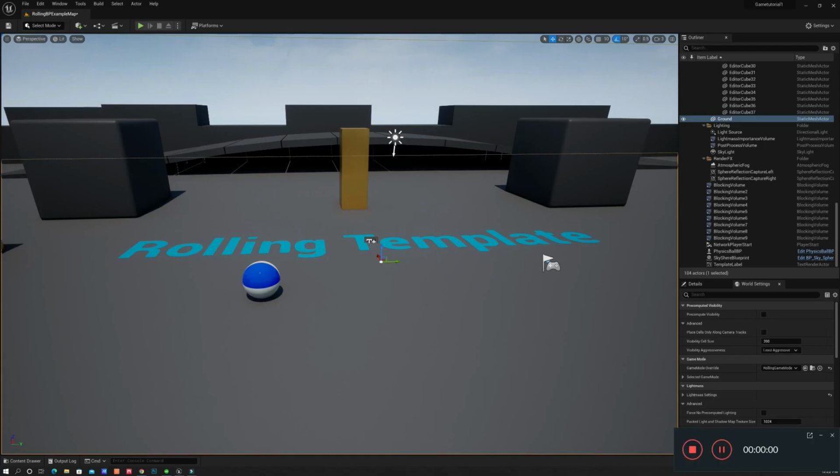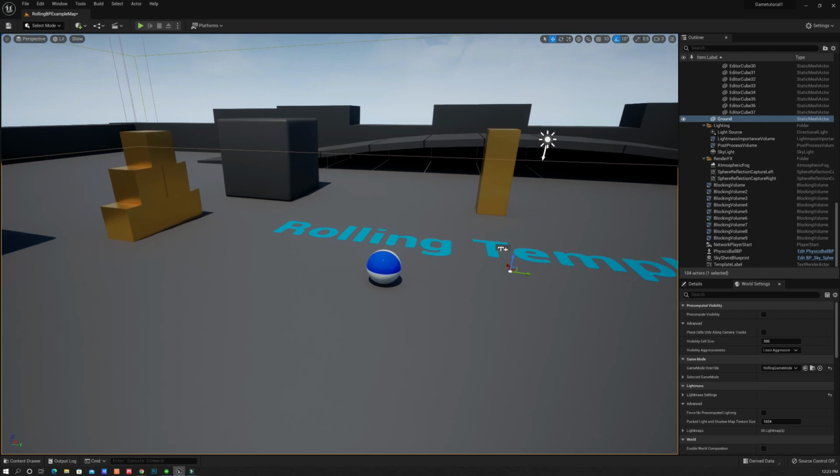Well, hello and welcome back. Today we're going to start on our work in terms of the stuff we have learned before, which is about actors and blueprints. And before going into the details, this is a project template for a rolling game which we will be building after we are done understanding how actors and blueprints are created in Unreal Engine.